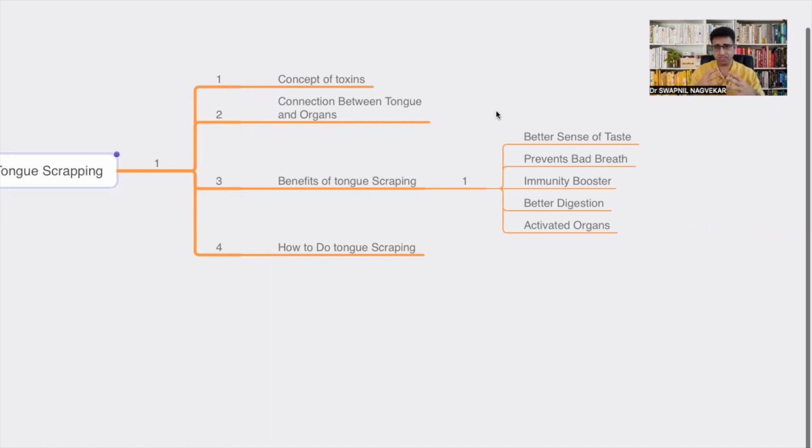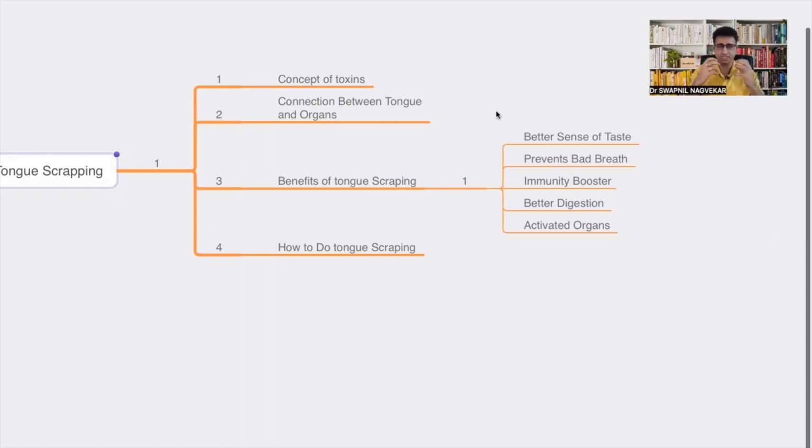better sensation of taste. Also, I told you by doing a tongue scraping, you'll help in preventing bad breath because you'll remove the bad bacteria, you'll remove the toxins, remove all the waste which gets accumulated in the posterior part of the tongue. So that will help you in preventing the bad bacteria, because you remove the bad bacteria, the bad breath goes simultaneously. It acts as an immunity booster because a lot you have seen in the morning time,